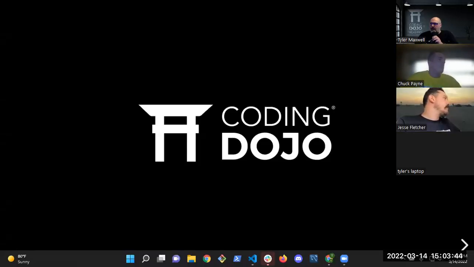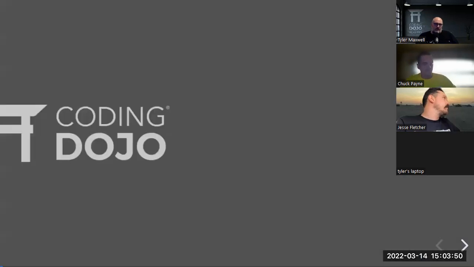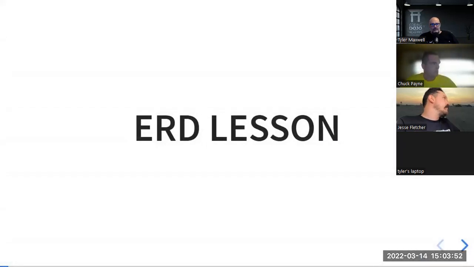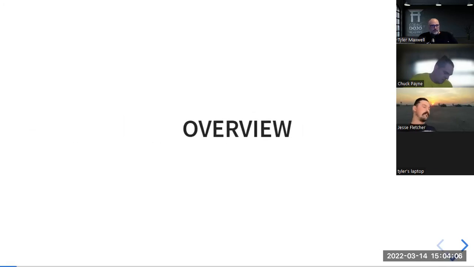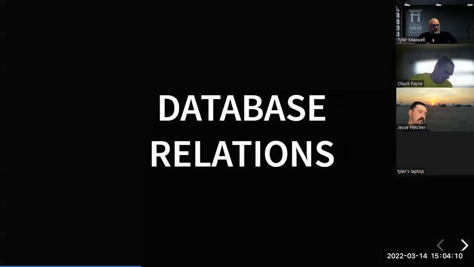All right, here we go. So just as a review from this morning, ERDs are entity relational diagrams. So this basically writes our code for us. It generates the SQL code that will create our tables, create our relationships. So wonderful tool. The overview, I'm not going to go into too much of this because we want to get